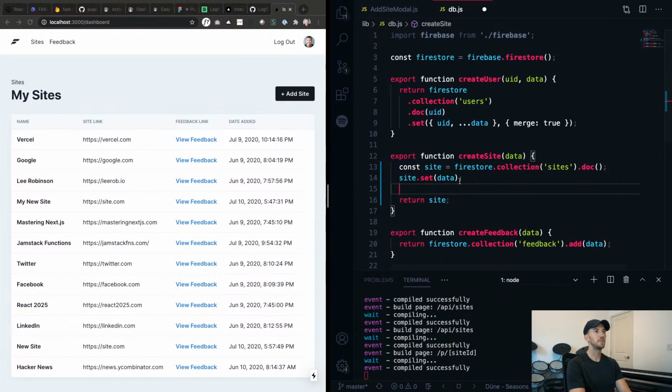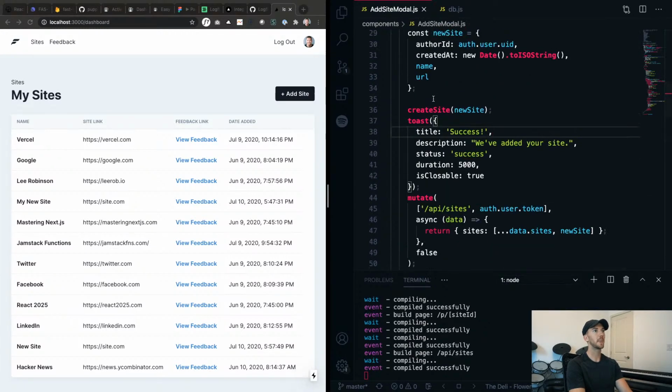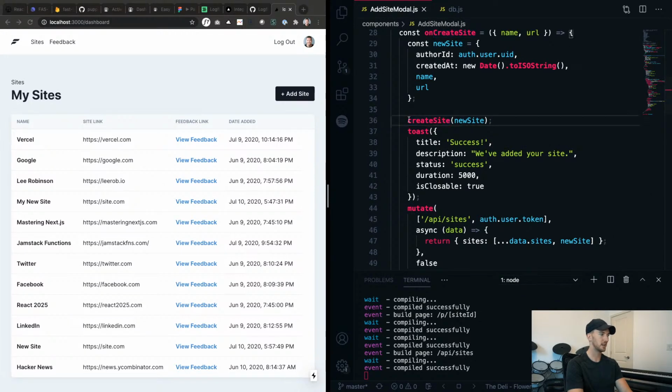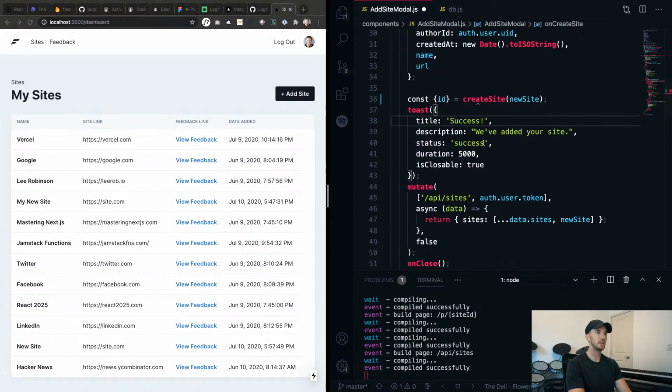So now we're still not waiting for this to complete, but we're at least creating the reference to that document so that we can use the ID. So now if I go back inside here, when I do create site, I can say, okay, this is going to return the site, which is an object, and I want to destructure and pull off the ID from that response. So we can do that, get the ID back,